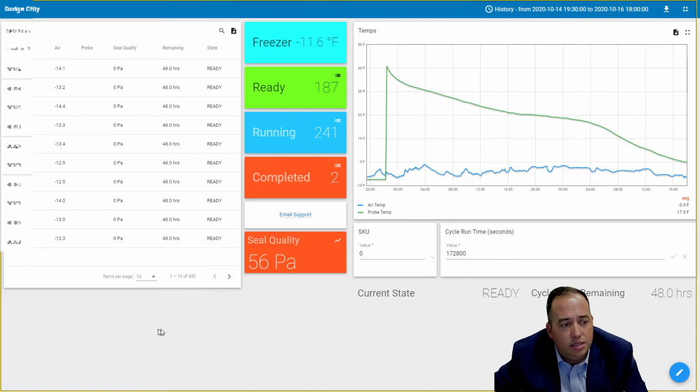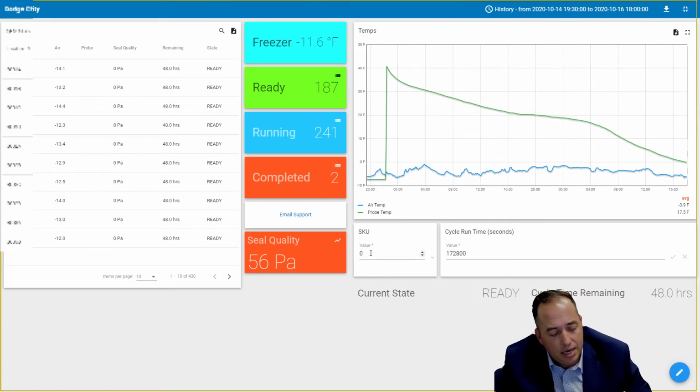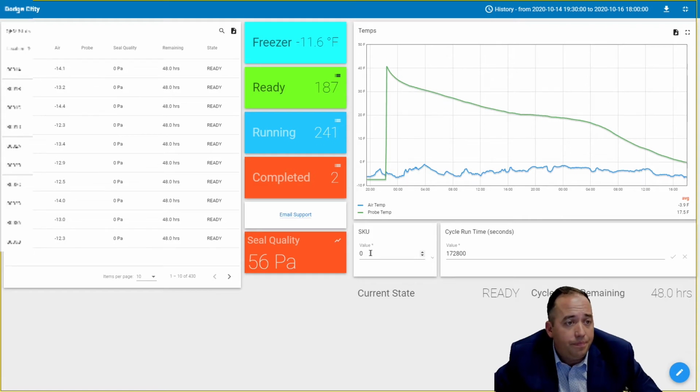So we track this. They're entering their SKUs as they go, so that we're collecting that data and building a database of all of the tests they've run. So you can definitely see the advantage when you're trying to manage either a 24 pallet position system or a 430 pallet position system. It's very, very similar